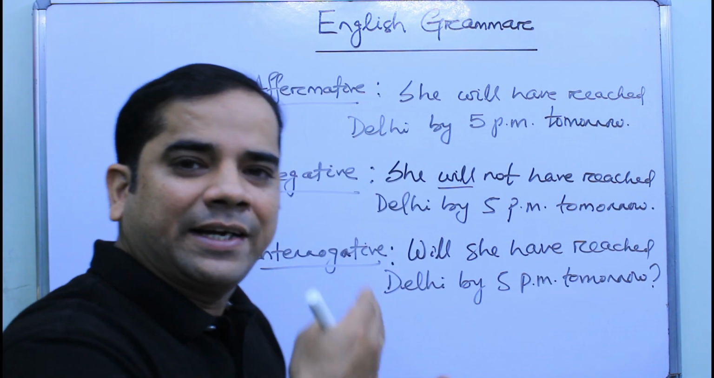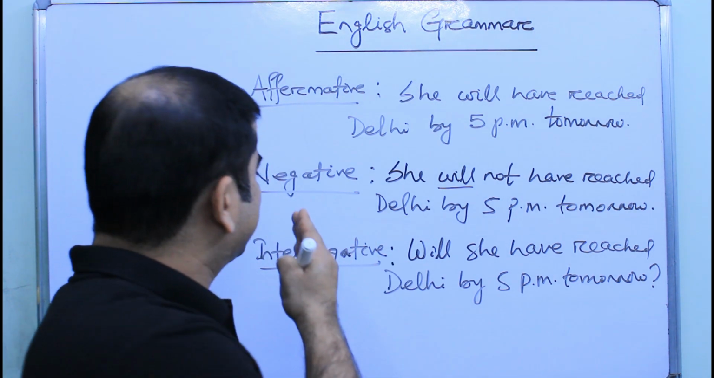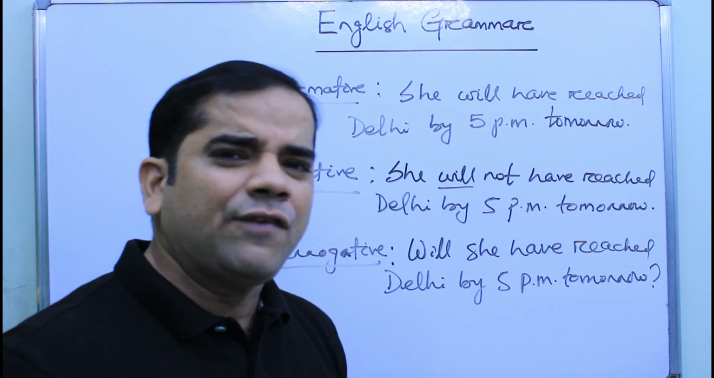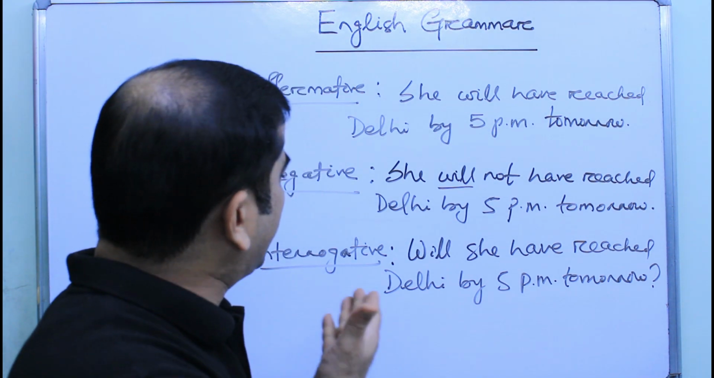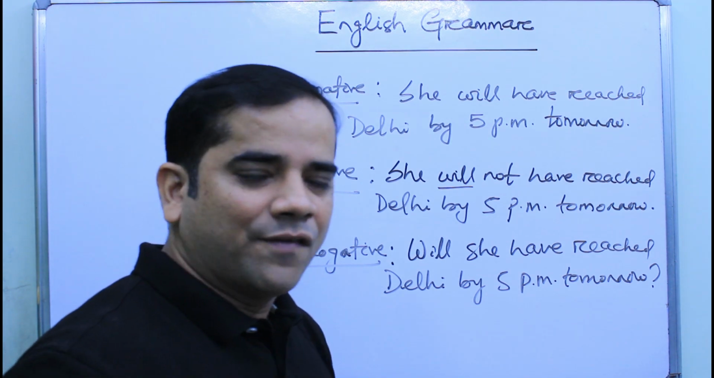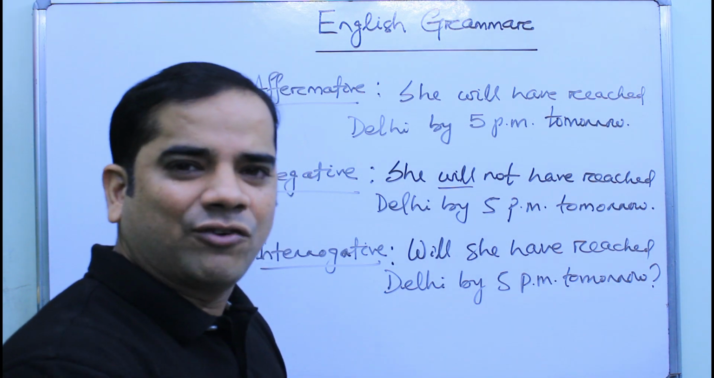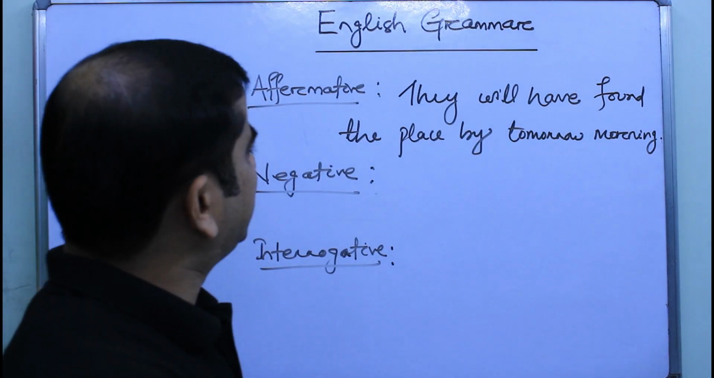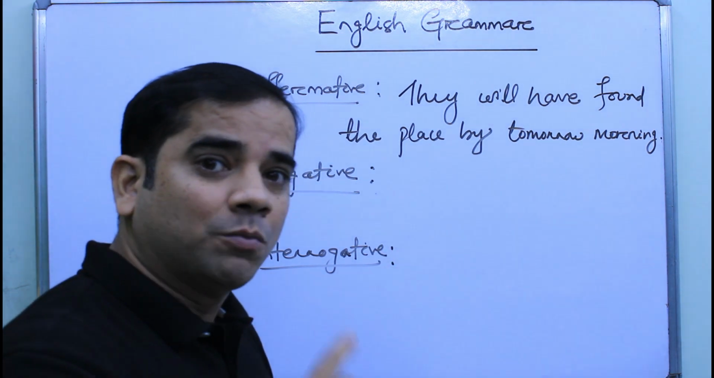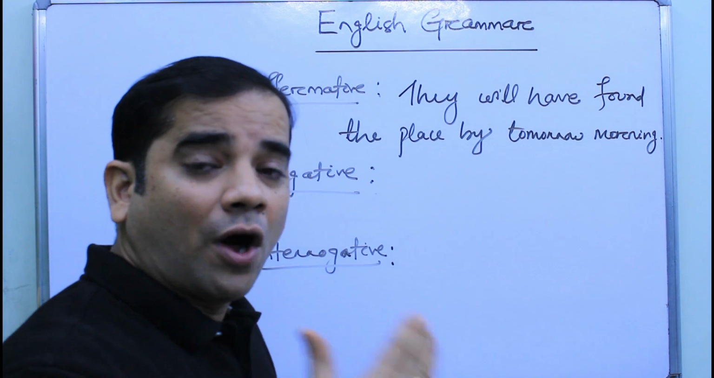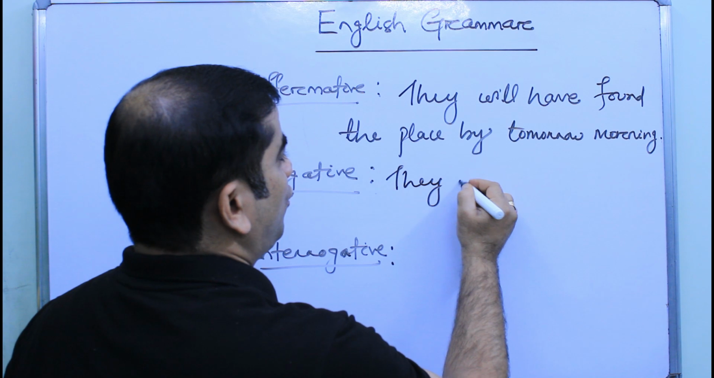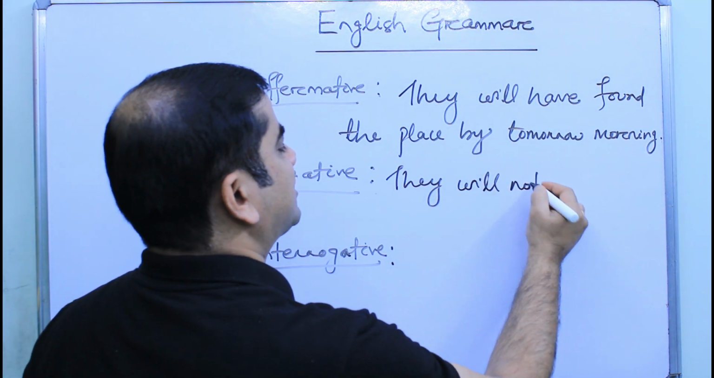Formation of different kinds of sentences, the affirmative, negative and interrogative, is the same for every tense. So, if you understand it clearly, then you can very well form the negative and interrogative sentences out of any affirmative sentence. Okay, let us now take another example. See, in this case, they will have found the place by tomorrow morning. So, latest by tomorrow morning. So, what we need to do to form the negative sentence? We just need to put not before will. They will not have